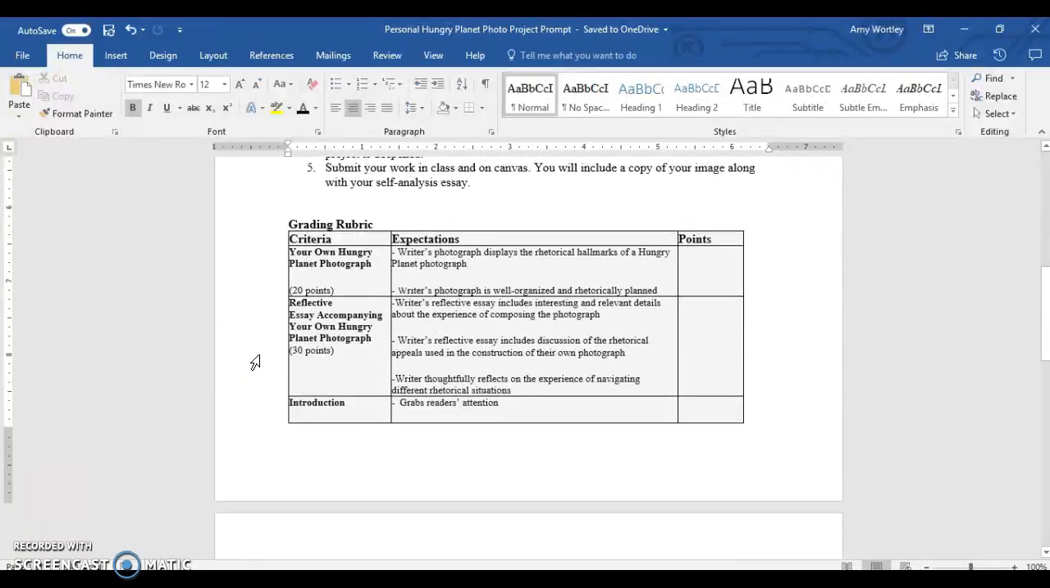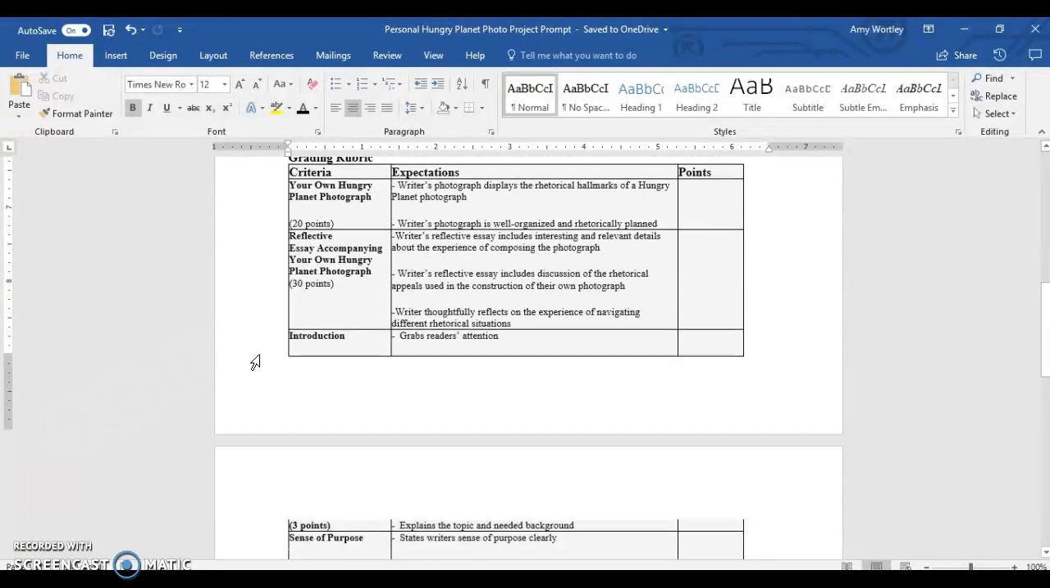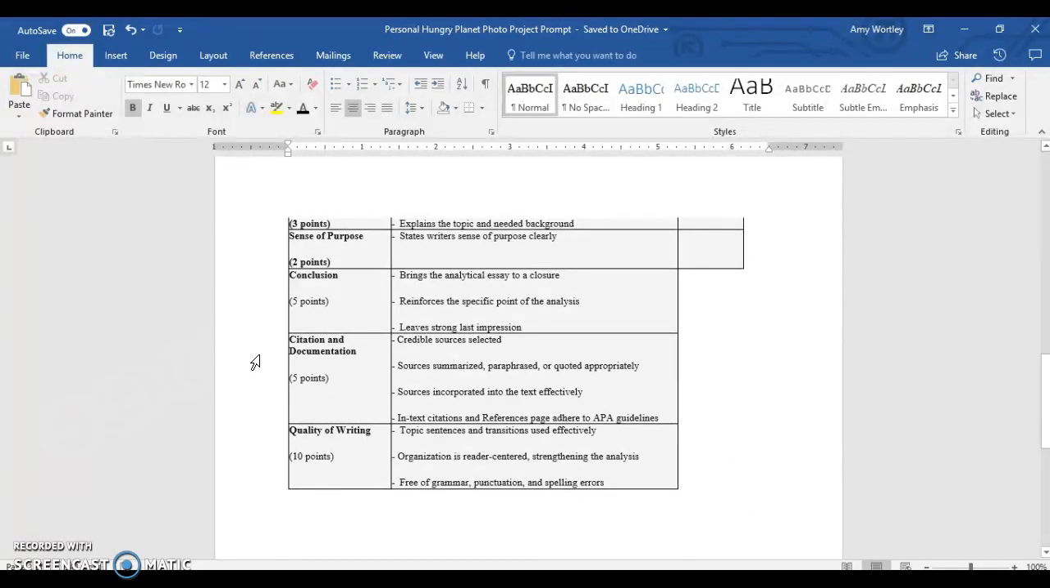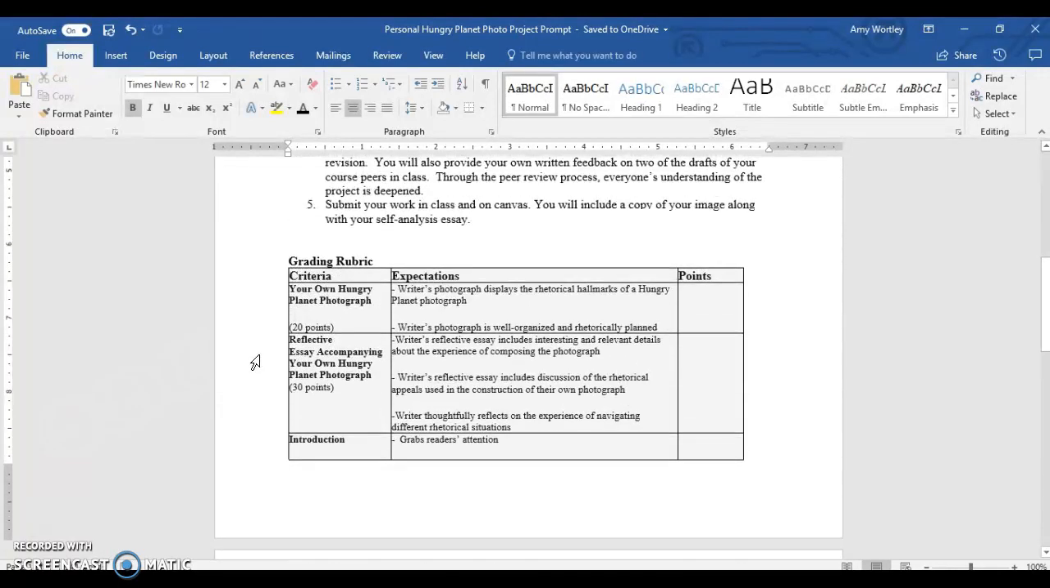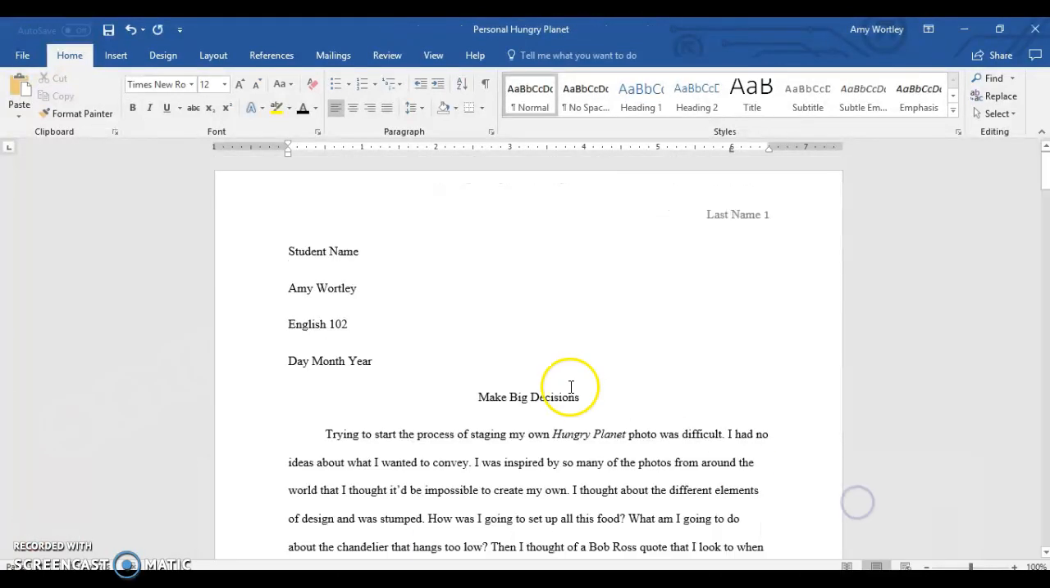The grading rubric is included here so you know exactly what you need to do in order to earn the points you wish on this assignment. Make sure to carefully examine the rubric as you peer review and revise your work to make sure you're maximizing the points available. In order to help you be successful with this project, we're going to look at a sample